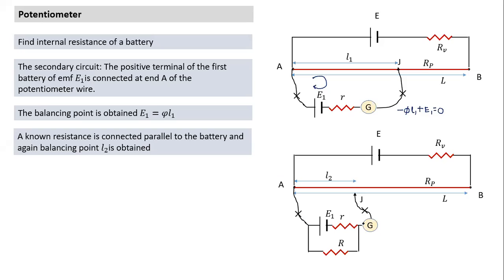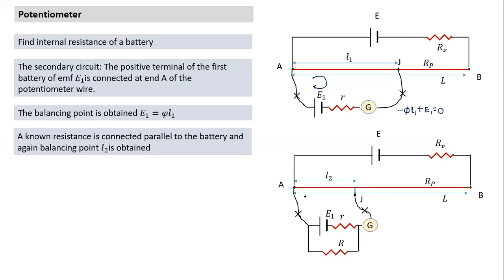So the resistance is connected across the terminals of the battery. Again, to refresh your memory, there is also a resistance within the battery. So when we connect this, the resistance is inside this small loop, this internal resistance, because it is part of the battery. This known resistance R, the value of this capital R is known. This small r is the internal resistance, and E is the EMF of the battery. Again we connect, and again we find a balancing point L2. We slide this jockey along the wire until it becomes balanced.